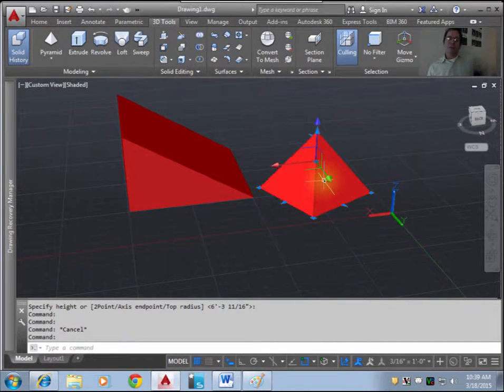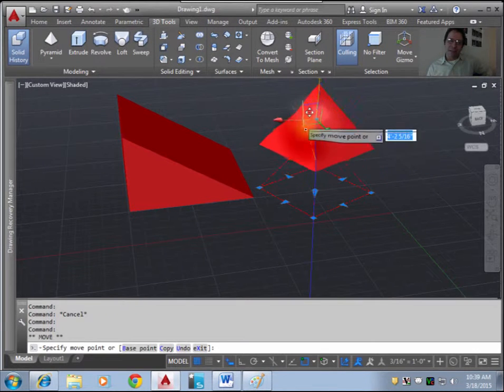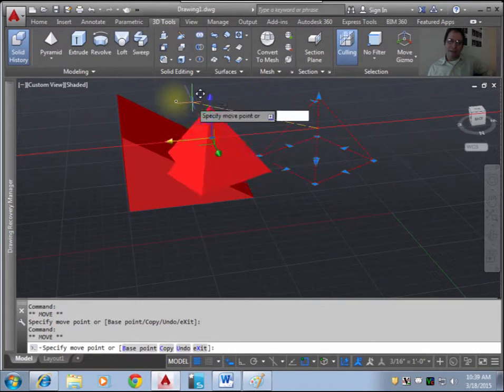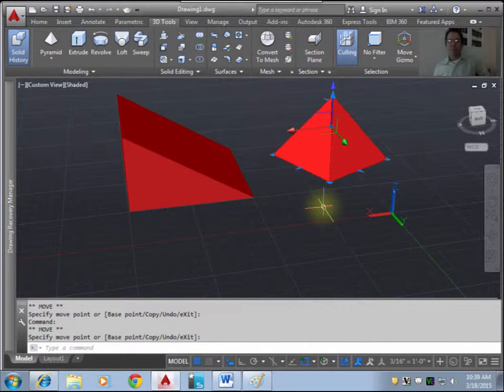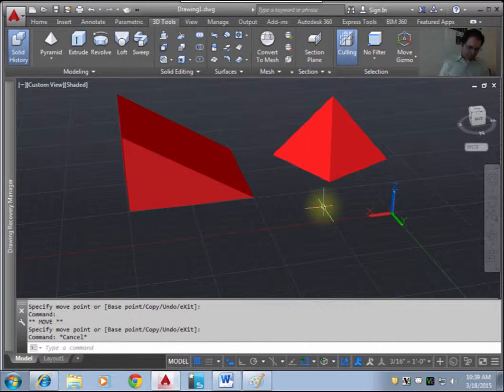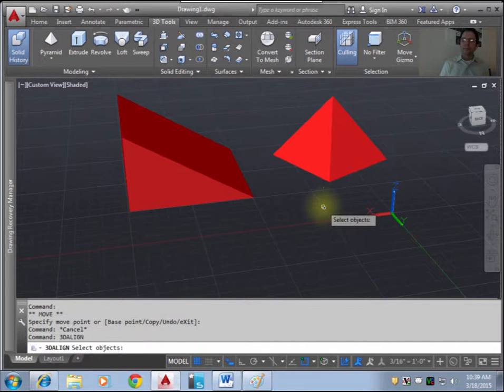Yeah. So our only way of doing it in the past would be, you click on these lines, and you have to try and put it in position, which would be really hard, and rotate it. So there's a really, really great command called 3DALIGN. So 3DA will get you there, 3DALIGN. First thing it's asking me to do is select our objects. So I'm going to select my pyramid